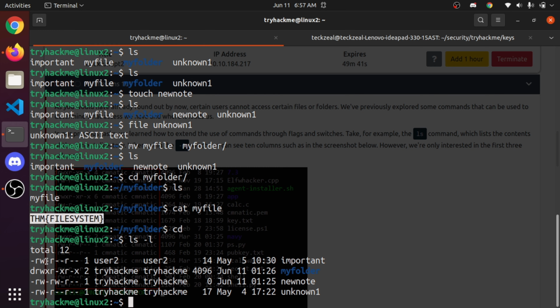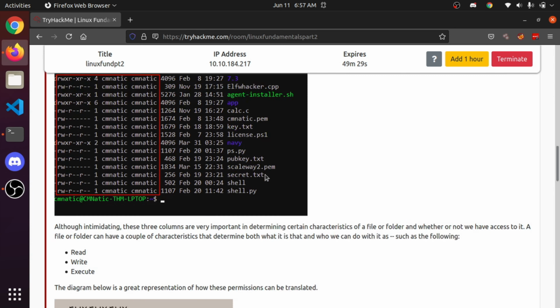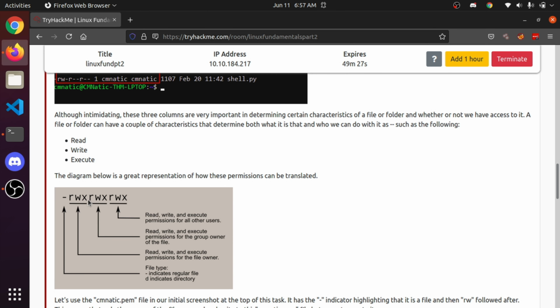If it is a directory, the first character will be d. After that, the first three are in the format of read, write and execute, rwx. So the first three denote the file owner, whether the file owner can read, write, execute.